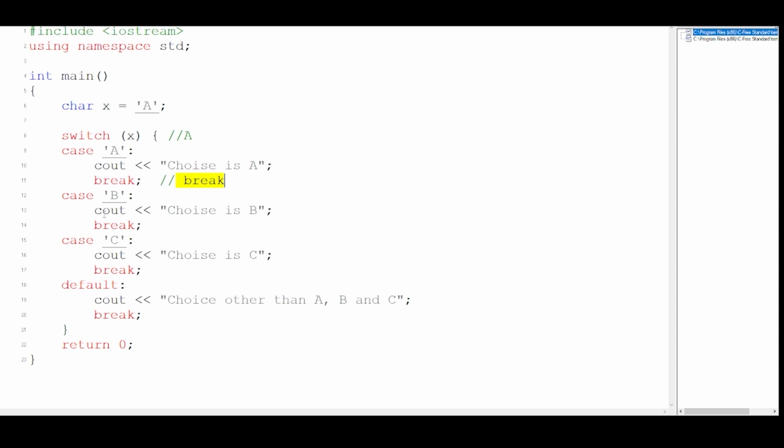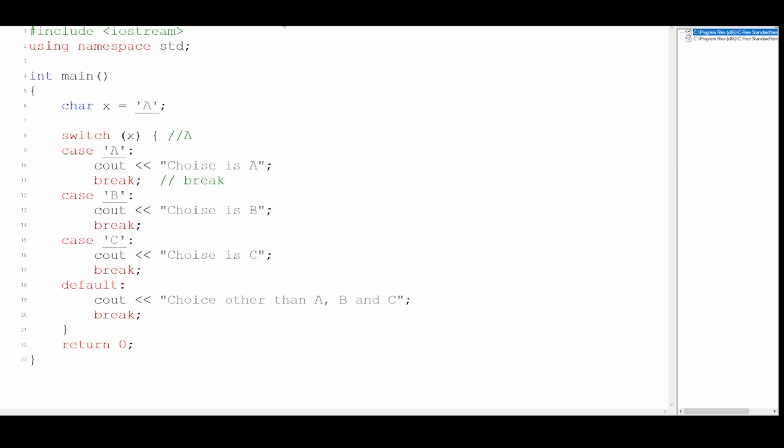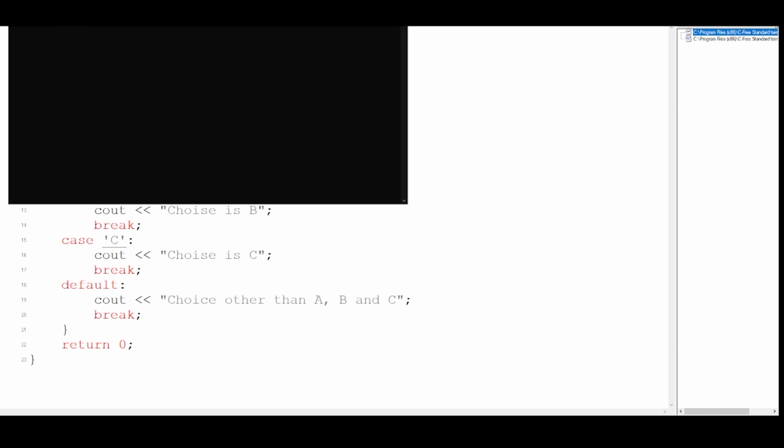Now over here, as you can see, there is one word which we call the default case. A default case is very important because it can happen that none of the cases you have written match. Suppose here, if D was here, now D is not present in any of the cases, then the default case will work and it will print out choice other than A, B, C. And then here also it will break out. So now using D, if I run the code, the default case will be printed, as you can see, choice other than A, B, C. If I write A as previously it was, and run the code, choice is A.